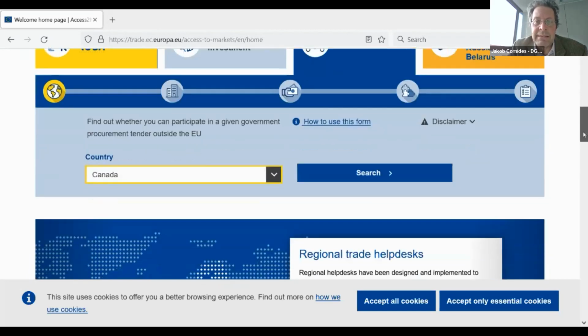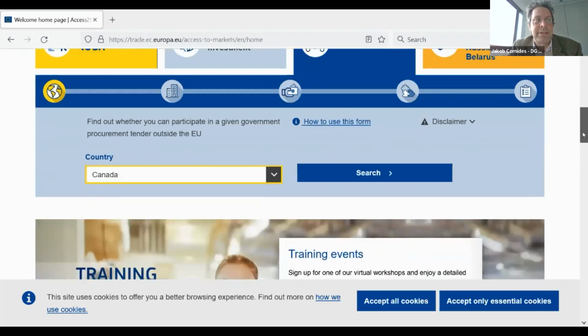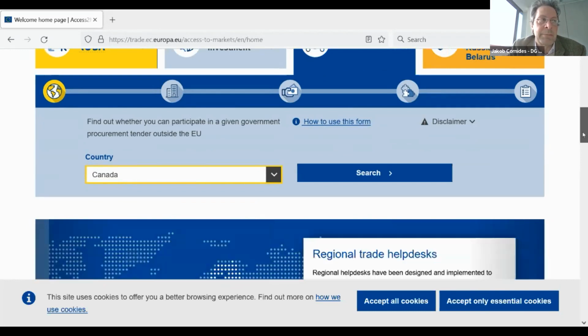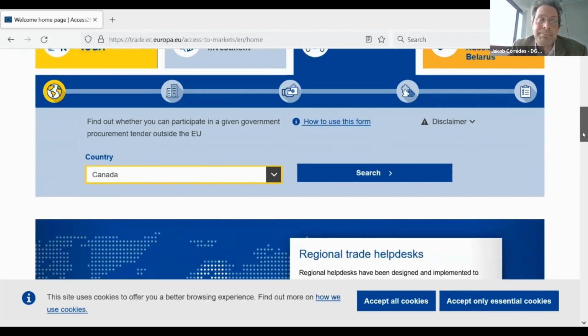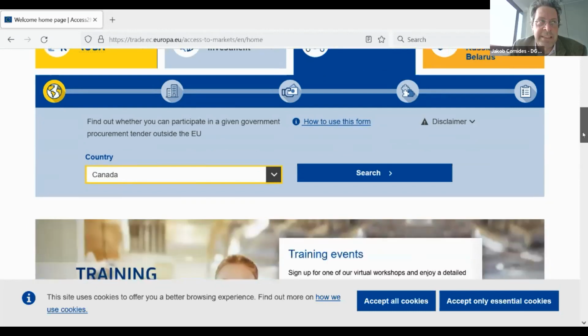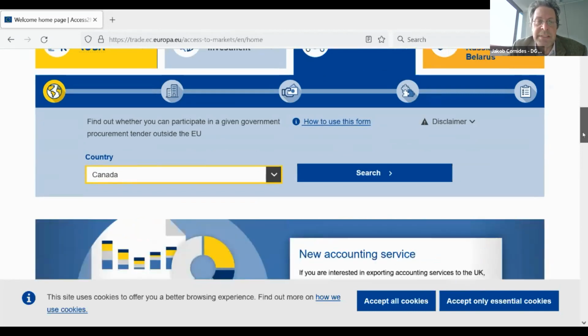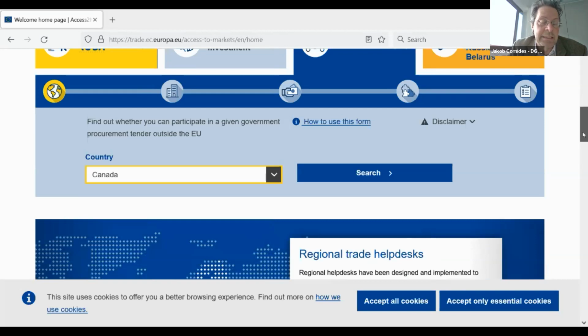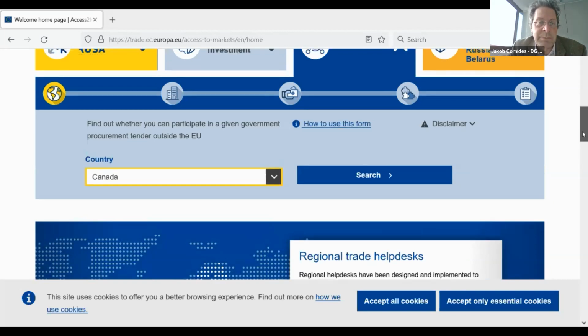You travel from left to right and you go step by step. In the area of procurement, the question of whether you have access to Canadian procurement under CETA and/or the WTO Government Procurement Agreement is decided essentially on the basis of three determinants. The first one is the procuring entity, because not all Canadian government entities are covered by those agreements.